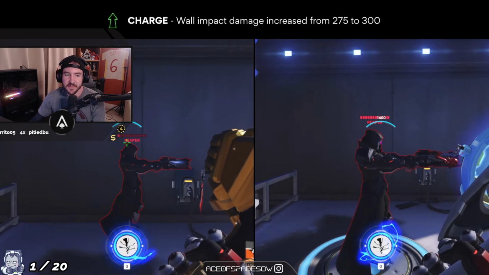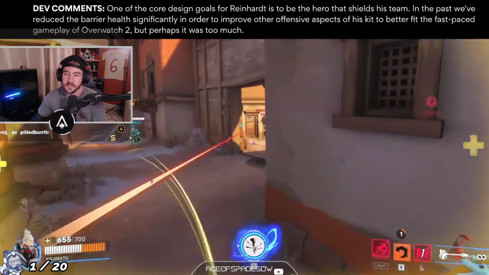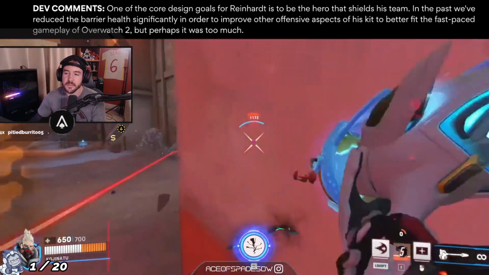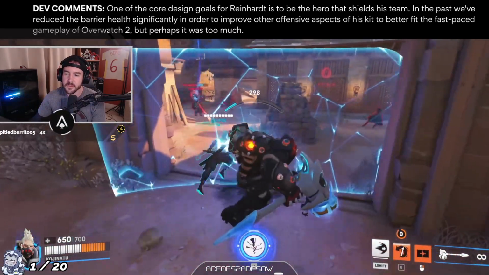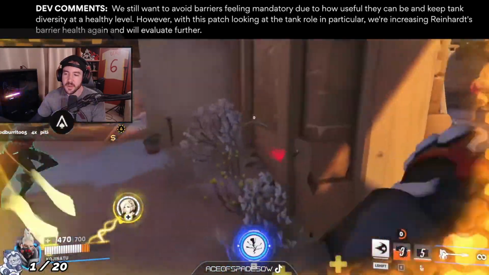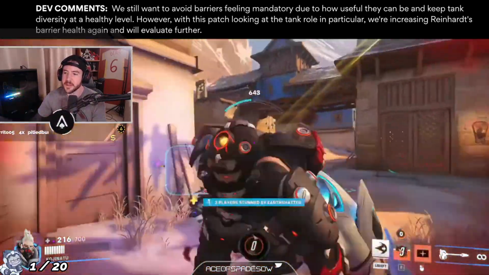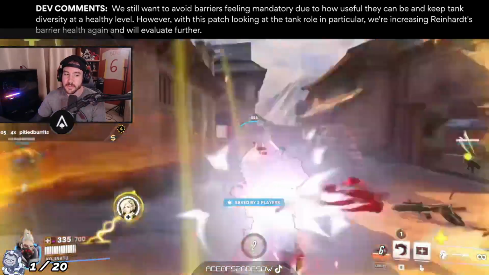The devs comment that one of the core design goals for Reinhardt is to be the hero that shields the team. In the past, we've reduced the barrier health significantly in order to improve other offensive aspects of his kit to better fit the fast-paced gameplay of Overwatch 2, but perhaps it was too much. We still want to avoid barriers feeling mandatory due to how useful they can be and keep tank diversity at a healthy level. Give him the speed boost, man. However, with this patch, looking at the tank role in particular, we're increasing Reinhardt's barrier health again,